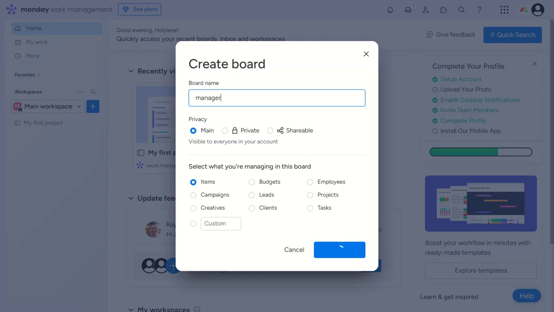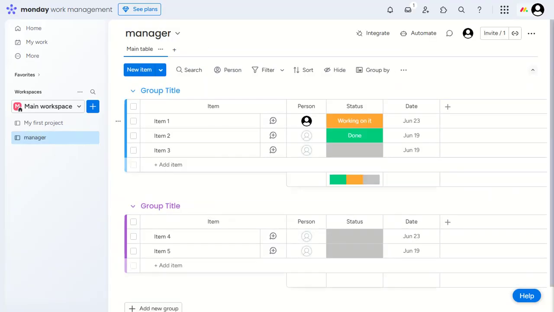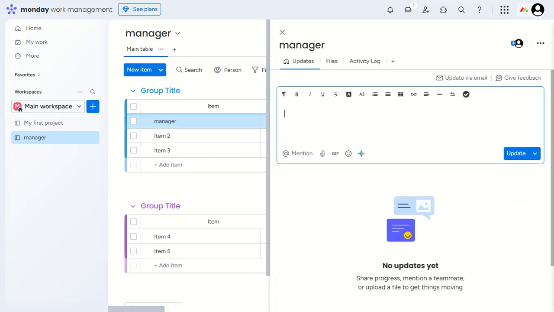Next up, click on the New Item button at the top of your board. This is where you can add a new task, update, or in our case, a link. It's crucial to understand that every piece of information in Monday.com is stored as an item, and links are no exception. Now, in the item creation box, you'll notice a small icon that looks like a chain or link. Click on this icon. This is the link adding tool of Monday.com that allows us to embed any web link